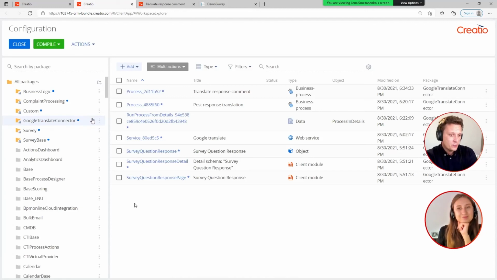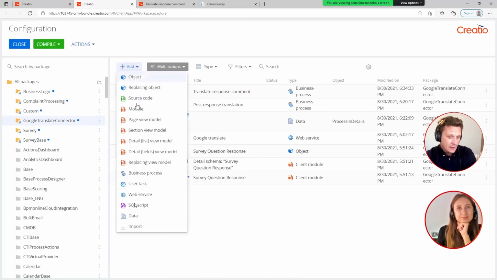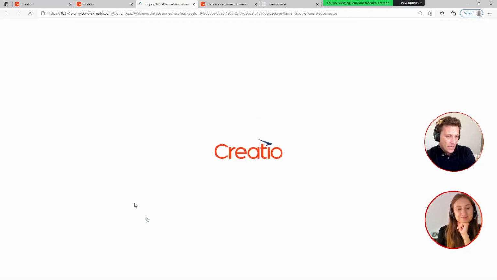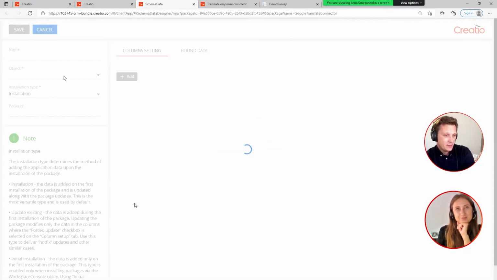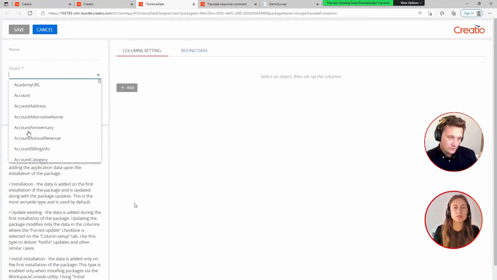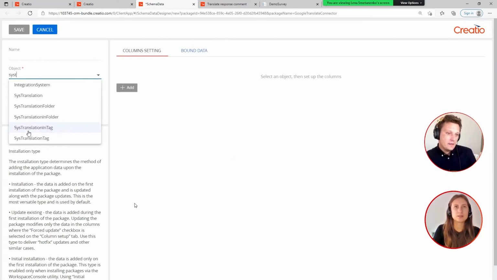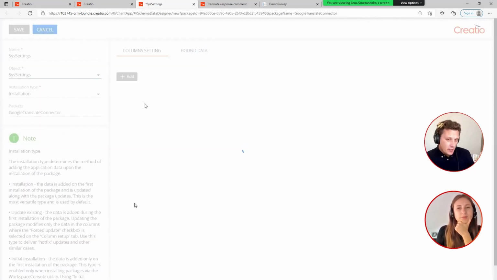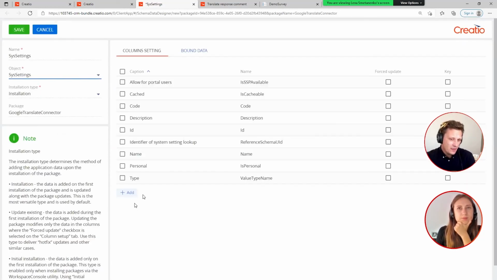So the first thing that we're going to do is click here on add, and you're going to choose data. And we're going to include the definition of the system setting. So the object that you want to grab the values from is going to be called SysSettings or SysSetting. I don't remember if it's plural or not. Okay, object SysSettings. Settings, okay, perfect. So in here, what we want to bind is all those values, and we can keep it at default. So let's just switch to the bound data tab